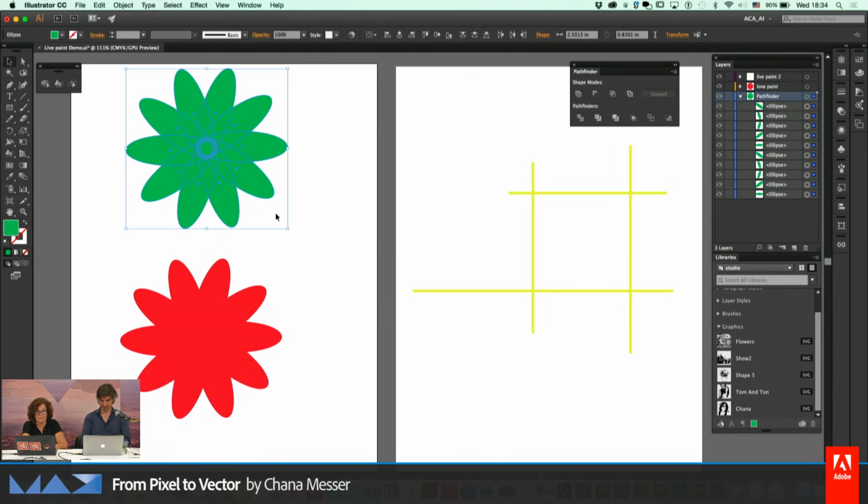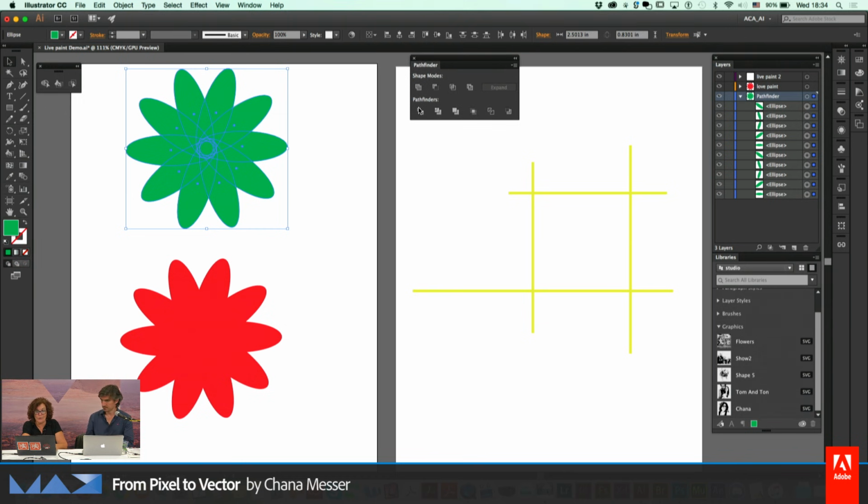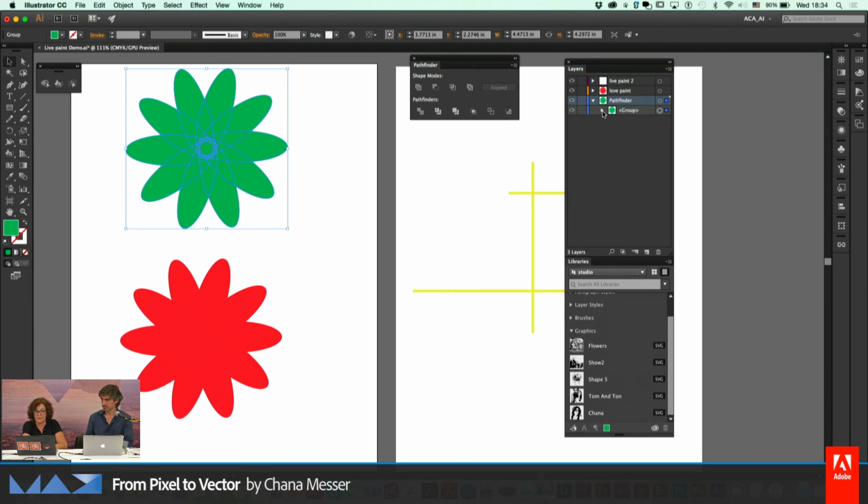I'm going to start with this flower over here that I created. Let's say I wanted to take every petal and make it into a different color. In the beginning everybody goes to the Pathfinder, and if we're looking here at my layers panel, it's going to become a group, and each petal is going to be a different path, and I can start colorizing it,